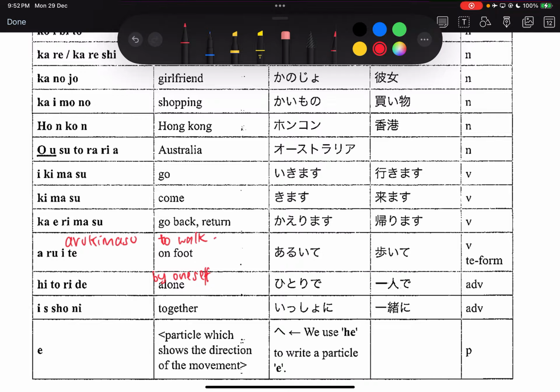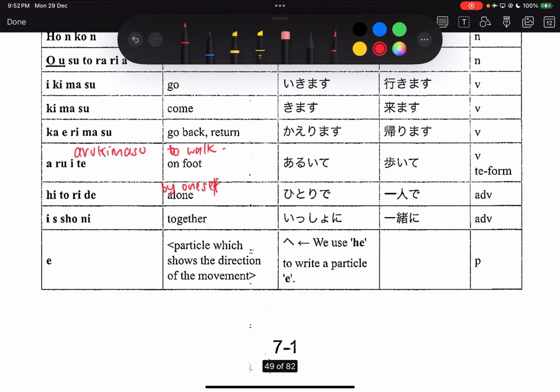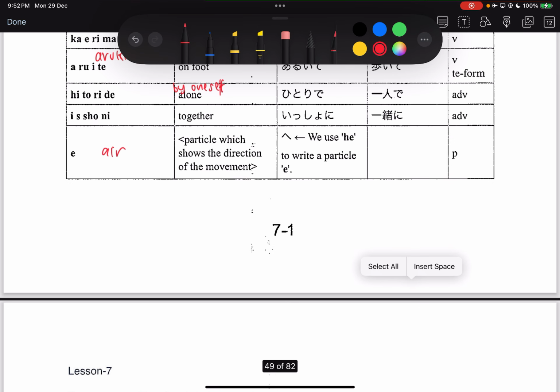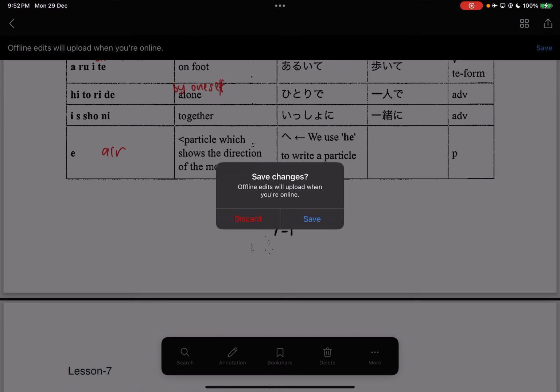Next, 一緒に. 一緒に is together. Then we have one particle, へ. So this is the HE, but we pronounce it as E. First lesson I told you 90% of the time it is pronounced as just E. So we pronounce this as just E. Okay, any more? No more. Okay, very good. Then we will just stop here today then. Vocabulary list. Okay, if you have any